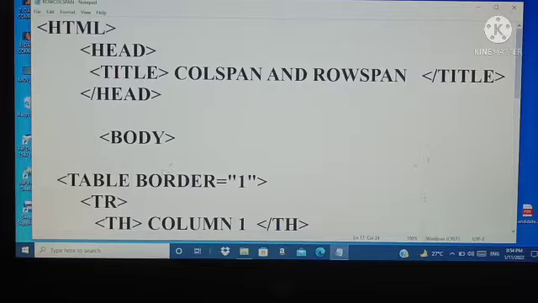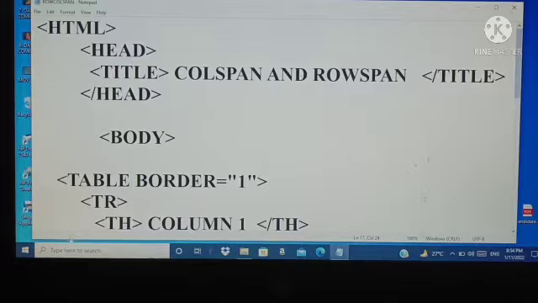This is used to merge columns or rows. Colspan is used to merge columns. Rowspan is used to merge rows. We can use the colspan attribute to make a cell span multiple columns. To use it, just provide the number of columns that the cell should span. Rowspan is for rows, just what colspan is for columns. Rowspan allows a cell to span multiple rows.